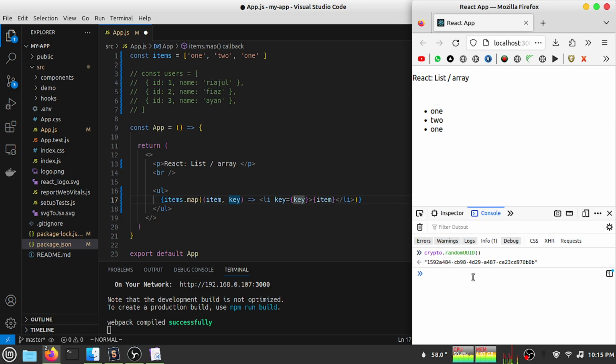If I save my file, I can see a crypto module. It is already built into the browser. So when we use crypto.randomUUID, it generates a unique ID. So we can use this unique ID instead of the index value of an array. So I can remove this key. Instead of this one, I have to use the